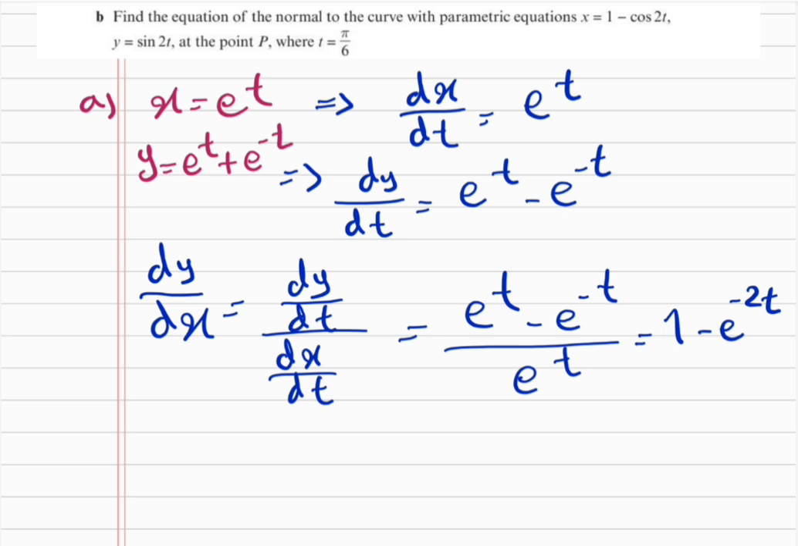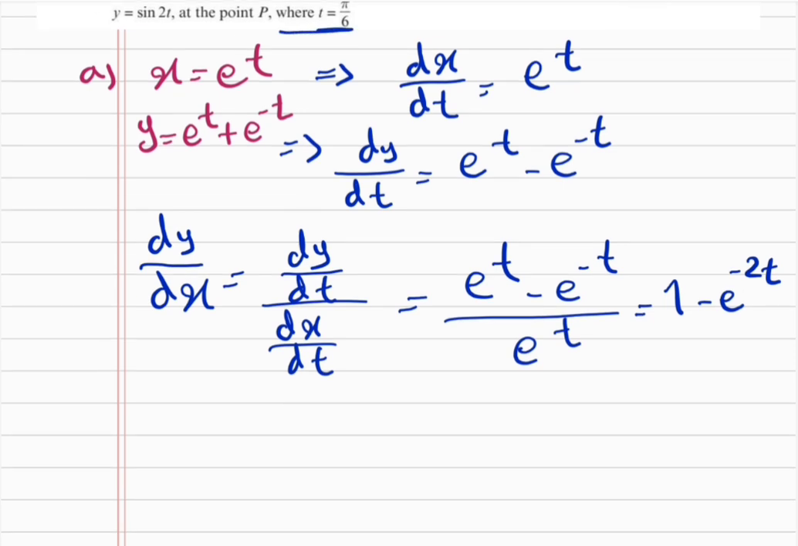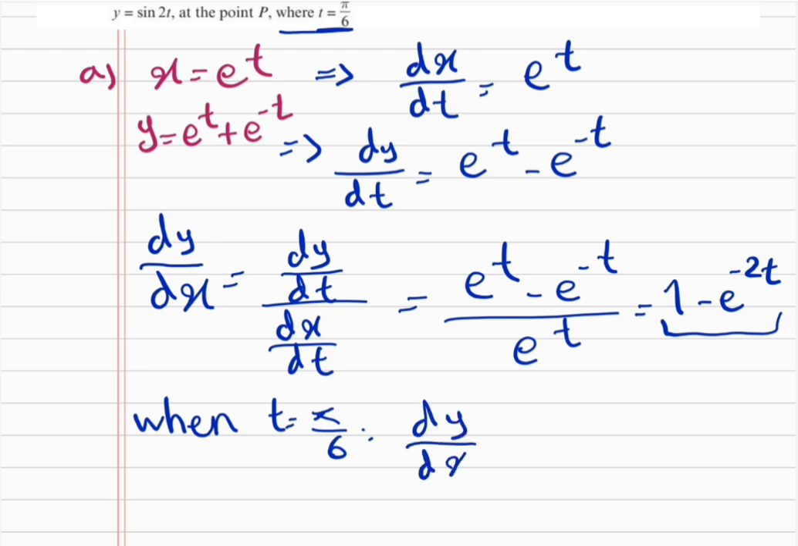Just remember that we want to find the equation of the tangent line at the point P where t is equal to pi over 6. This is crucial for us because if we don't know the value of t, then we can't find the exact value of the gradient and then continue to find the equation. So we now substitute t into dy/dx, and that allows us to get the value of the gradient of the tangent line. So when t is equal to pi over 6, we are going to have dy/dx equal to 1 minus e to the power of minus 2 times,